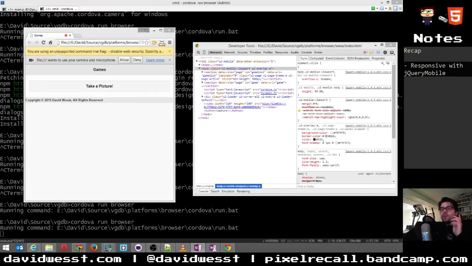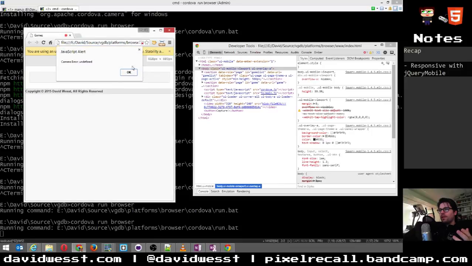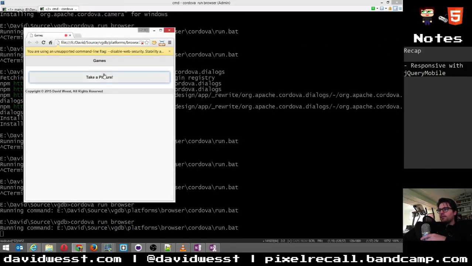A mutation observer in HTML5 to actually watch our DOM and get us the elements so we can put them where we actually want. So we're gonna do deny on this one. See, we have our error. And what I'll do is I'm actually gonna kill this thing. All right, close that down.